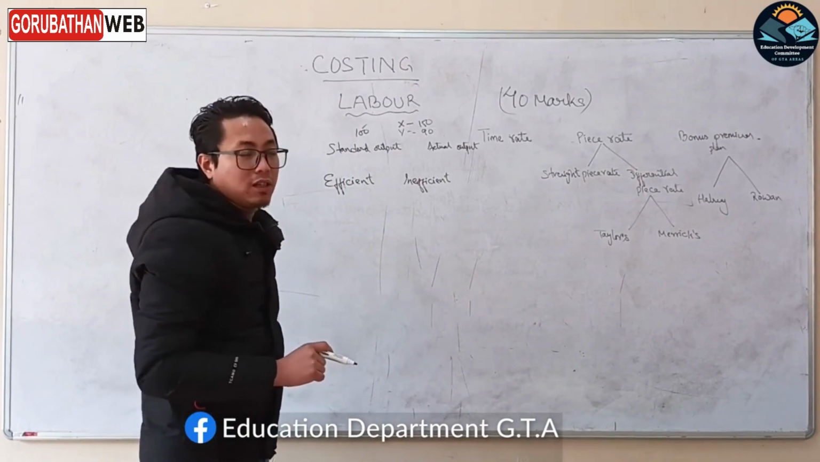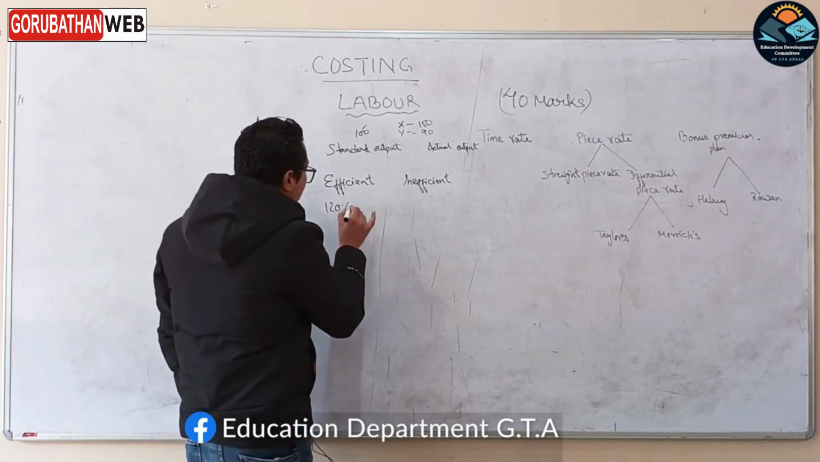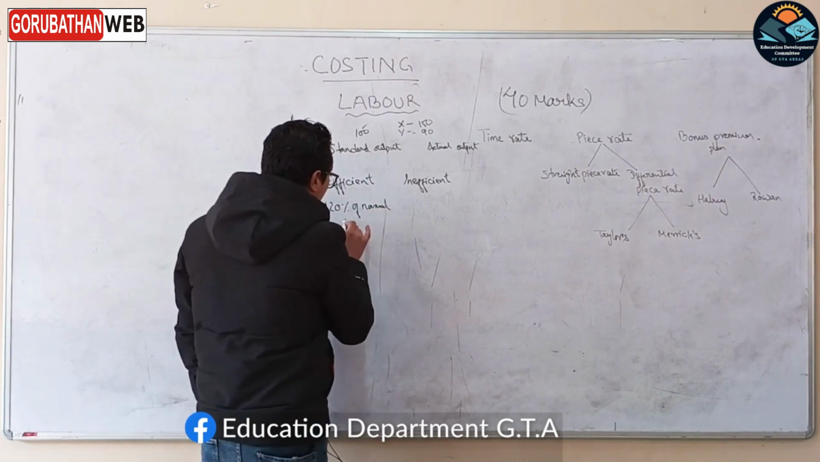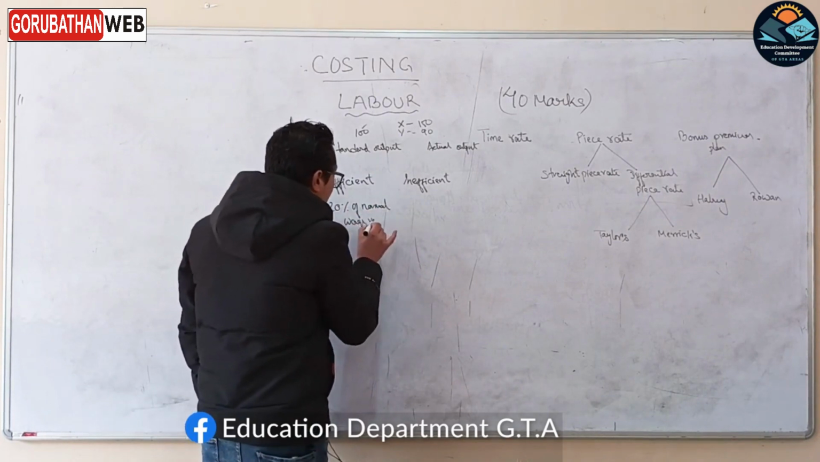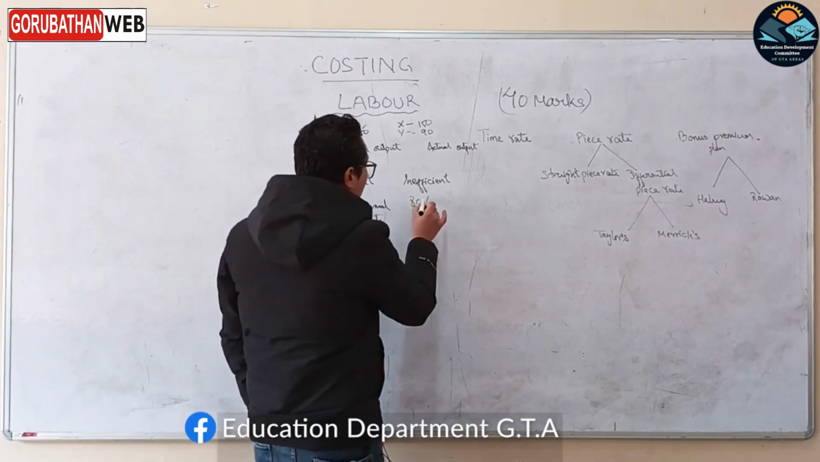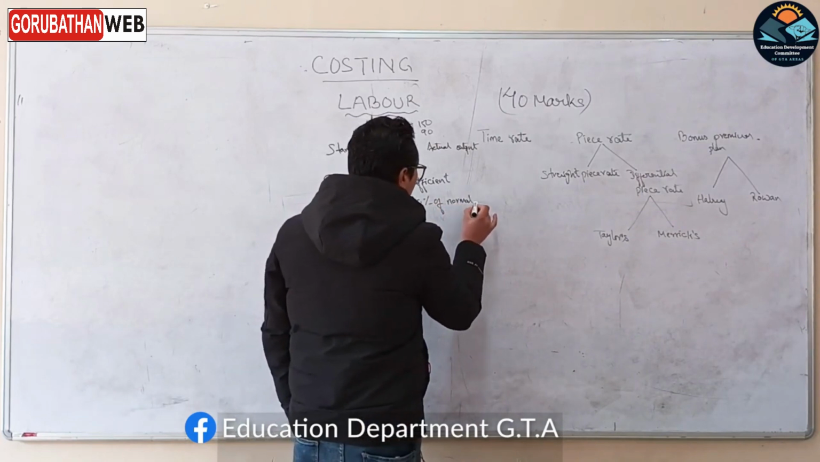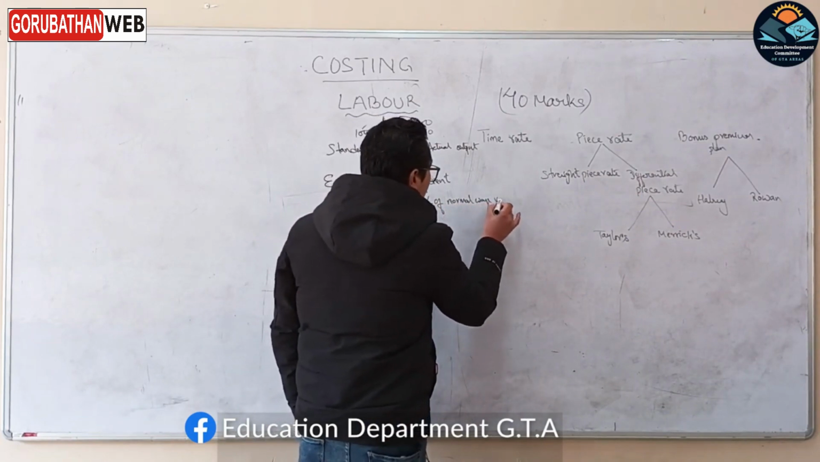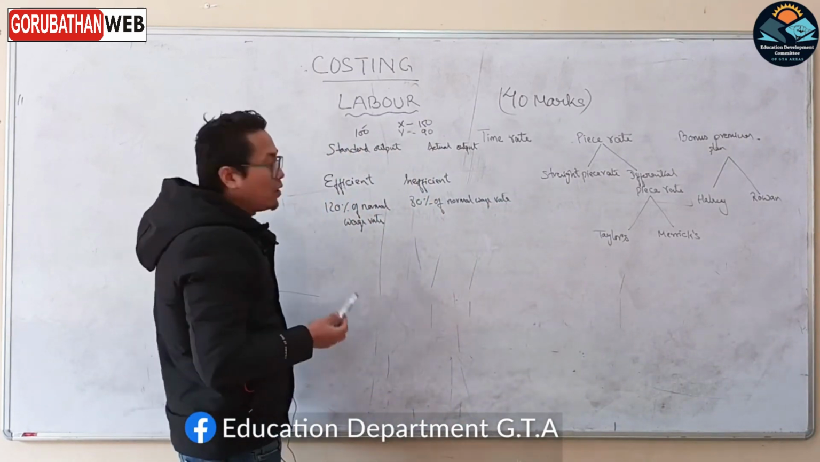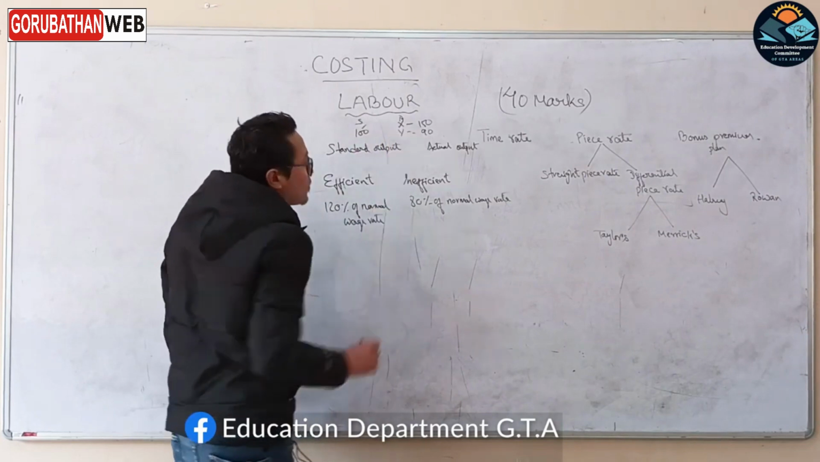अच्छा अब भनेको छ यसमा यदि कोही वर्कर इफिसियन्ट छ भने उसलाई 120% अफ नर्मल वेज रेट दिनु, इनइफिसियन्ट छ भने 80% अफ नर्मल वेज रेट। ठीक छ। अच्छा अब यो केसमा के हुन्छ भन्दाखेरि मैले अघि भने यो स्ट्यान्डर्ड भयो, यो एक्चुअल भयो।